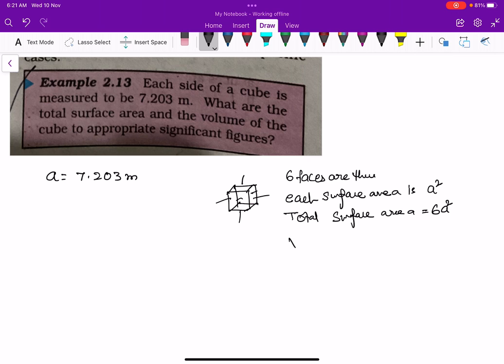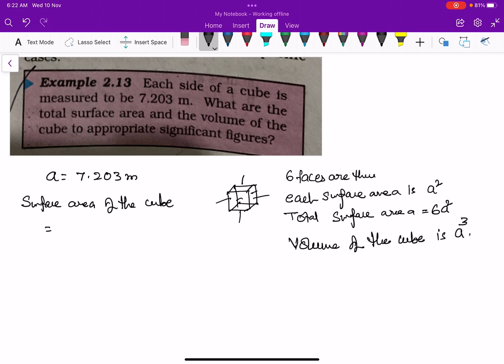Similarly, volume of the cube is a cube, right? We'll solve that one. Surface area of the cube